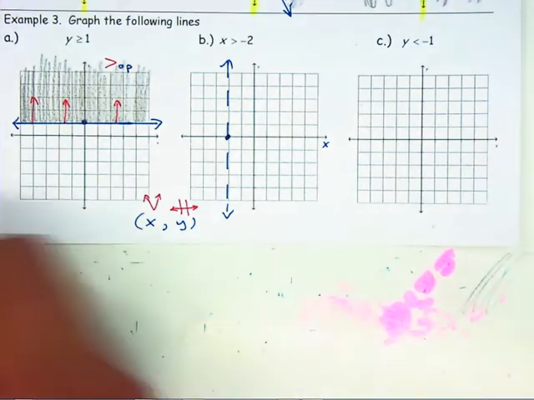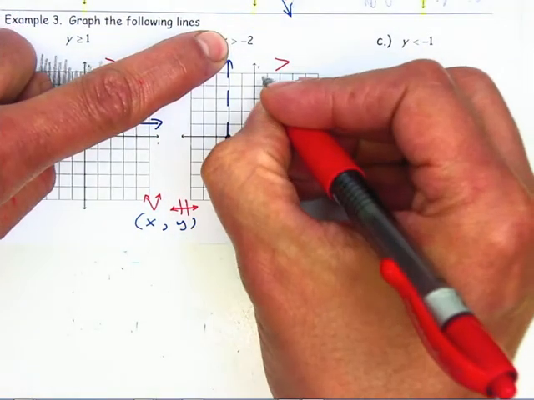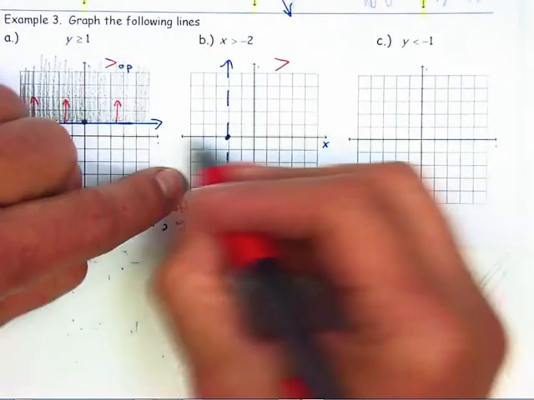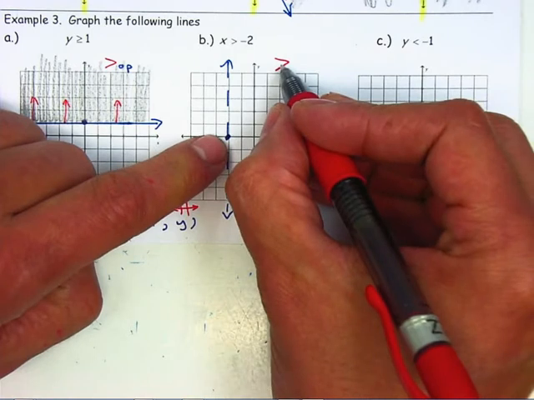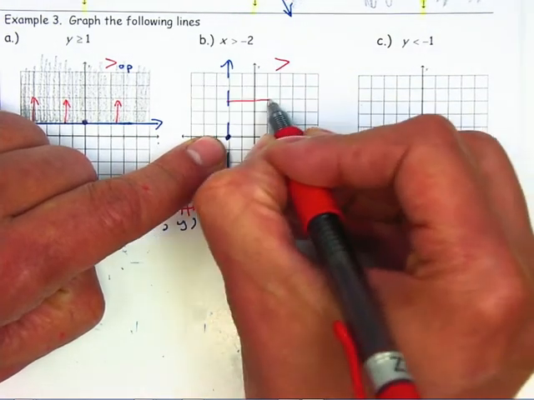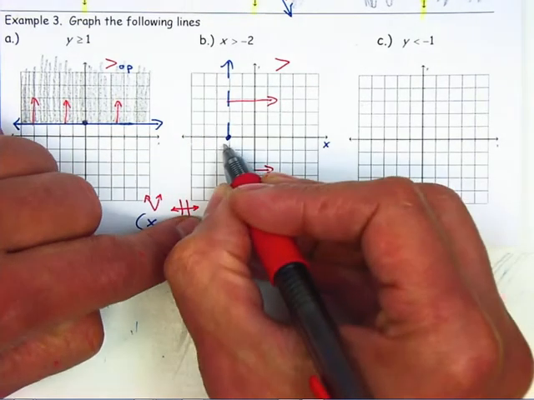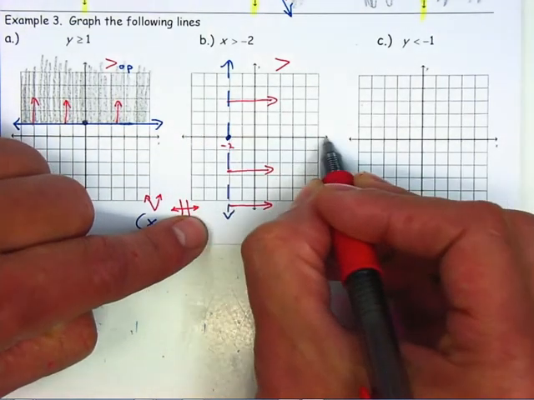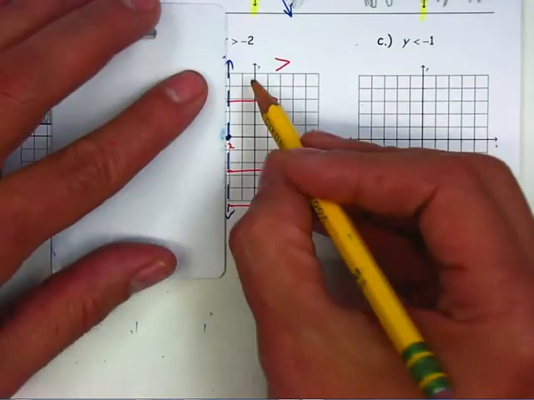Now the question is, am I going to shade the low side or the top side? It's greater than. Now some of you will say, no, there's no top or low side. But if you notice, it's all the numbers that are greater than, and it should tell you the arrow, we're shading the right-hand side. All the numbers that are greater than negative 2 are to the right, are bigger, are greater than negative 2. And we just shade